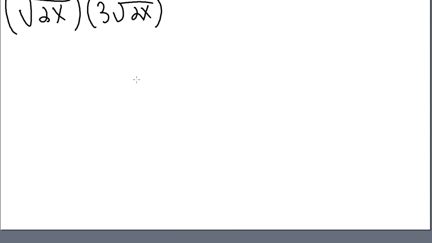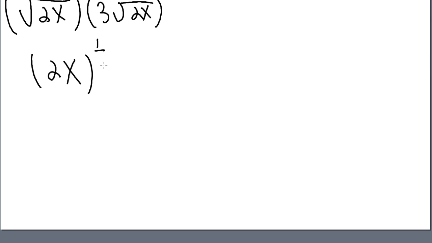Alright, in our last video we did this multiplication with the square root of 2x times 3 times the square root of 2x. And we eventually found out that it was equal to 6x. Well, why does this even work? The reason it works is because anything that you're taking the square root of is actually something being raised